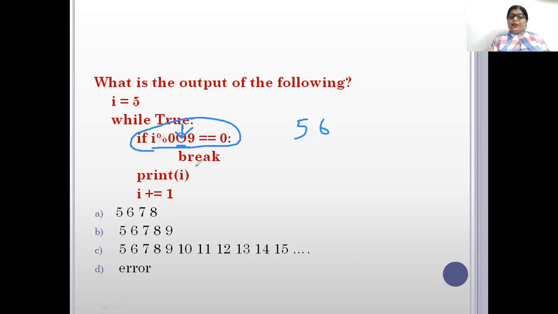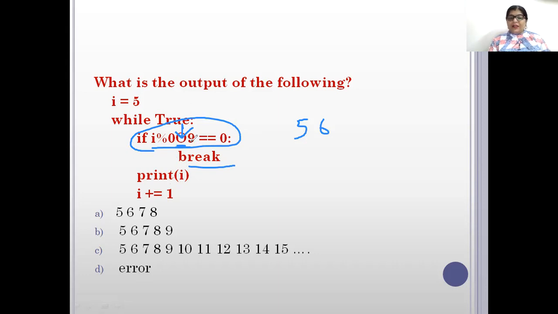If it will not be true, it will break. Okay, 5, so the remainder is not 0. In 6, the remainder is not equal to 0. In 7, the remainder is not equal to 0. 8, because we have to find out the octal value.